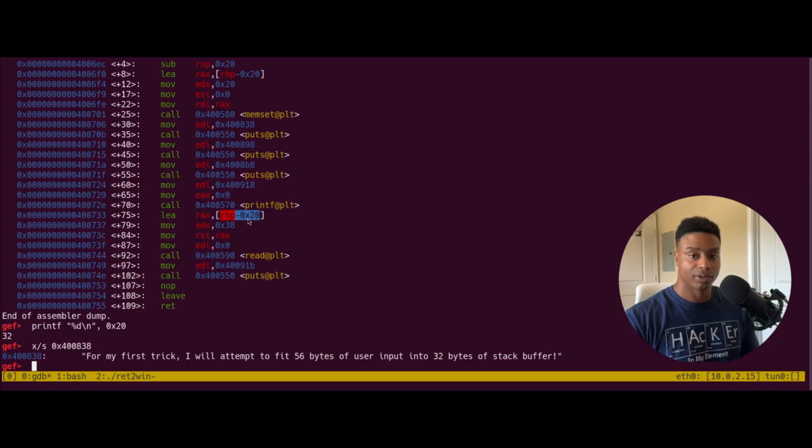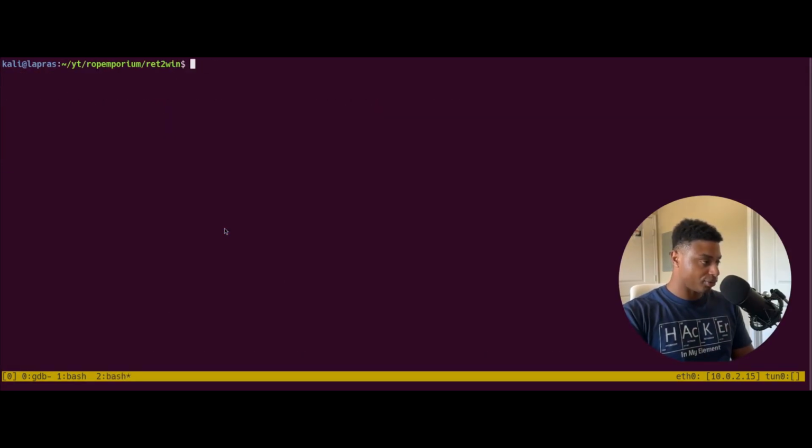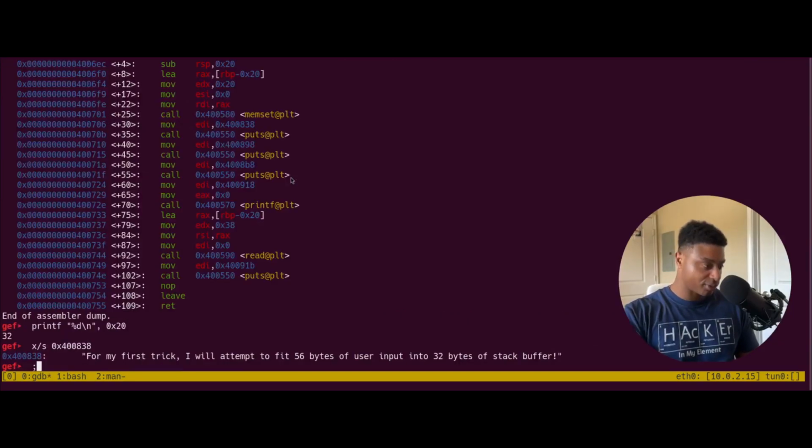That's because our buffer is 32 bytes in length, and that is being stored in the register RAX. If we really wanted to, we could look at the system call for read. So man 3 read. Let's just do man read. So read will take a file descriptor, a buffer, and a size. So if we come over here,